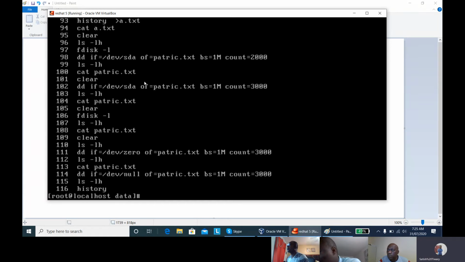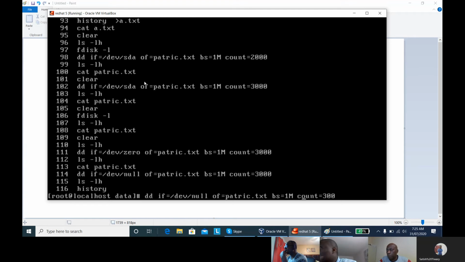Line number 114 is used to delete the content of a file. It means completely nullify the file. /dev/null will make the file size 0 and the file content 0. /dev/zero will keep the file size as it is, but the file content will be 0, because the content is multiplied by 0, and multiplying by 0 gives 0. And with line number 102, you can create a file of any size.